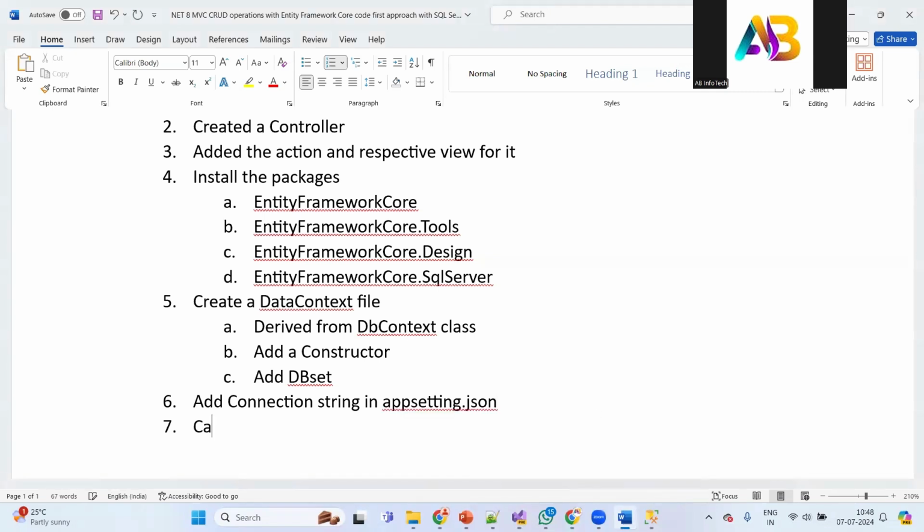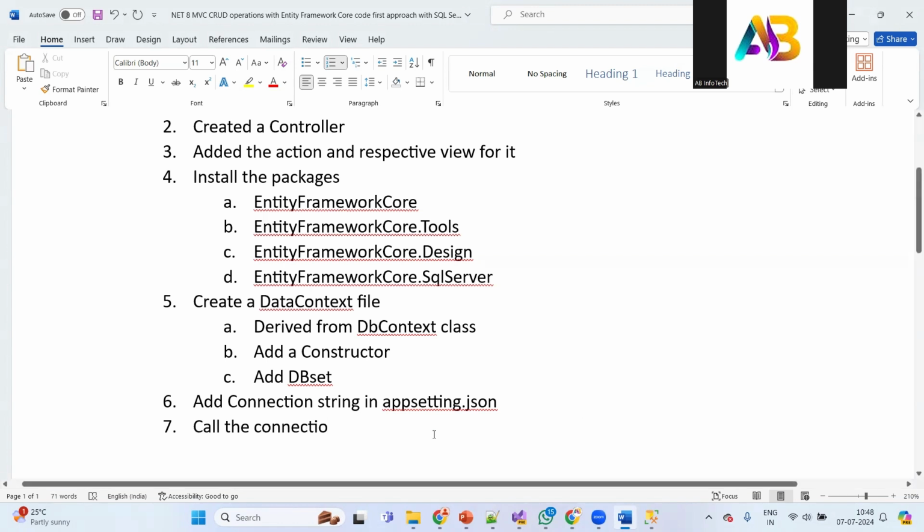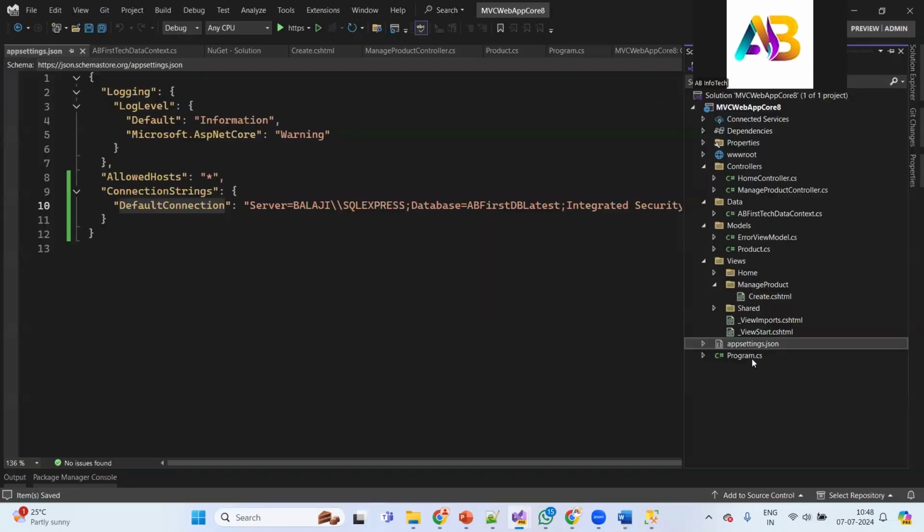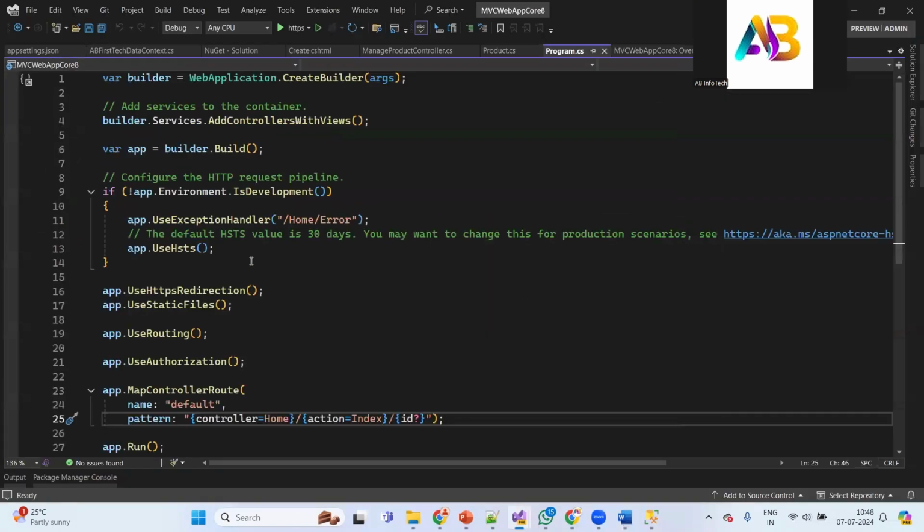Okay, call the connection string or add or call the connection string in program.cs. Okay, so now how to add? Let's go there. Program.cs. So here